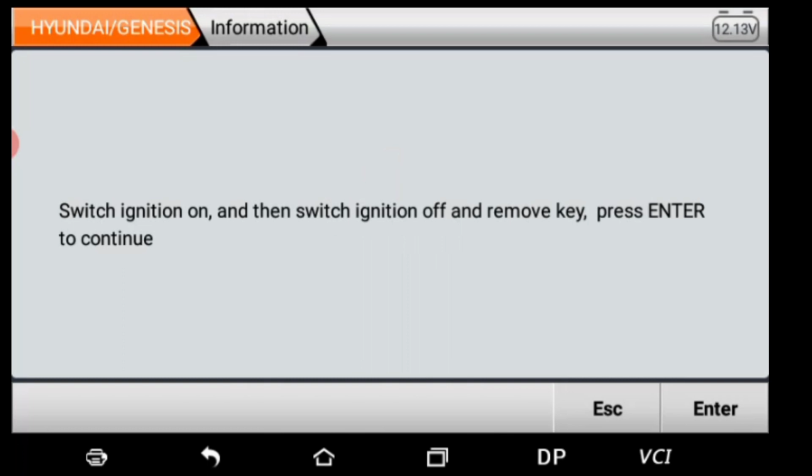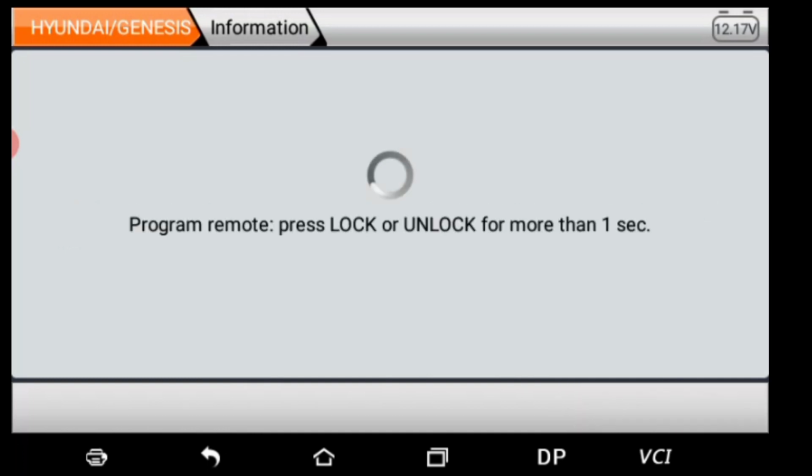Here we should turn on the ignition and then turn off the ignition and remove the key from the ignition. Now press enter. It's communicating. Program remote. Press lock or unlock for more than 1 second. That means we have to press and hold lock button or unlock button for more than 1 second.